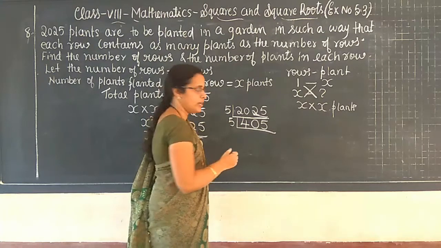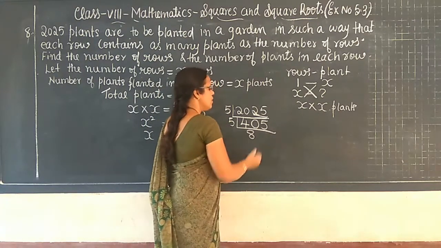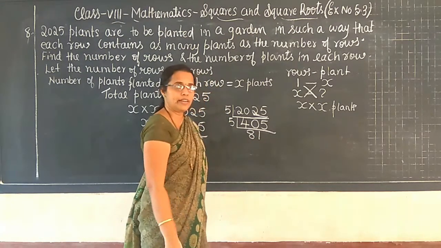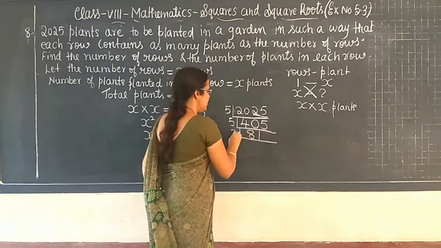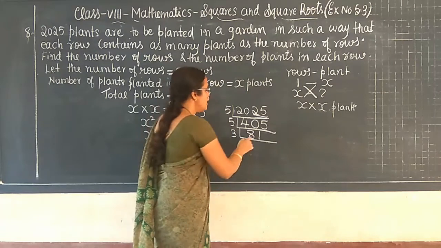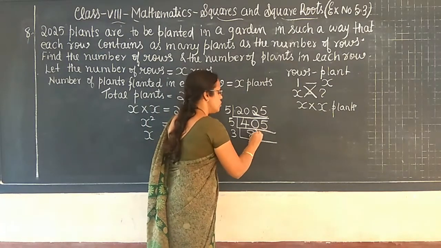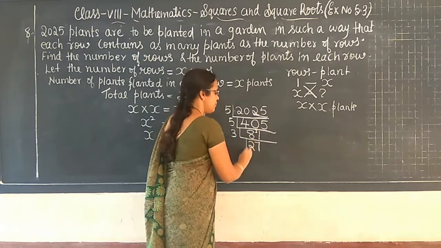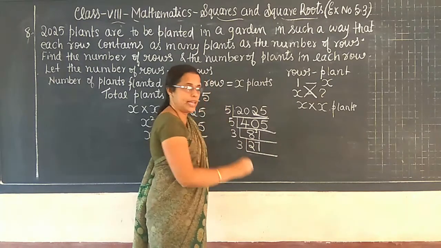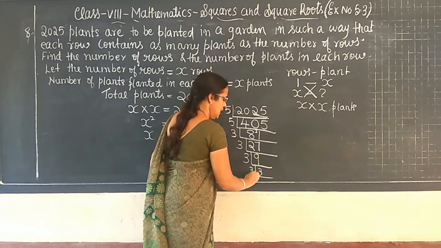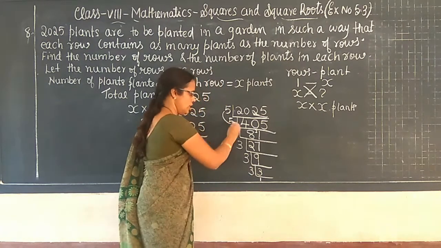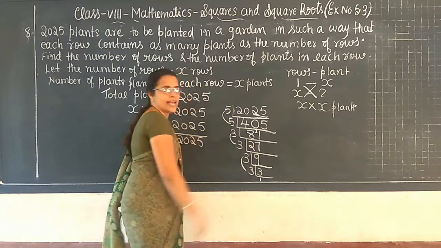5 how much are 40? 5 8s are 40. 5 1s are 5. Now 81 comes in the 3 table because 8 plus 1 is 9. Yes, it is divisible by 3. 3 how much are 8? 3 2s are 6, 2 carry. 3 7s are 21. Then the 3 table again. 3 9s are 27. 3 3s are 9. 3 1s are 3. See, having a partner or not? Yes. Yes. Yes. Right now, children.